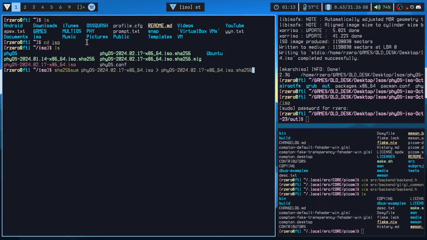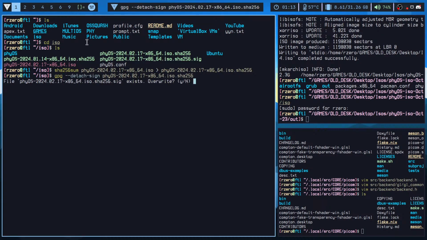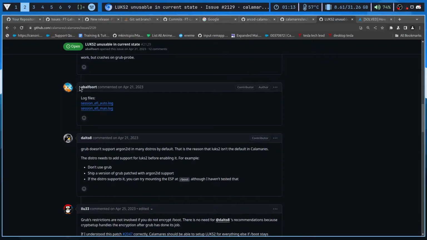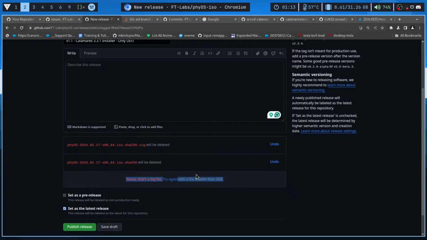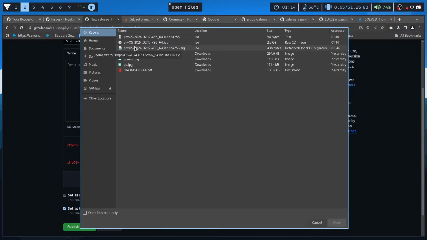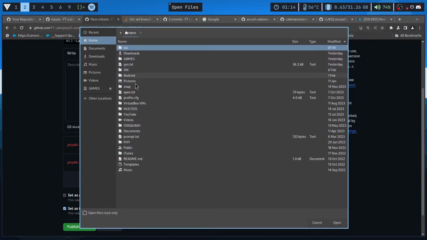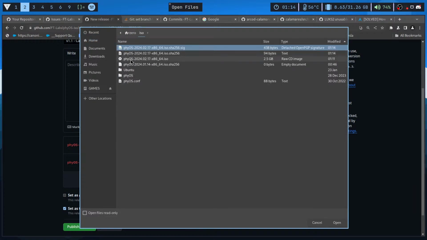So SHA thing and GPG export overwrite, yes. And now upload these files. So delete these. This file. Okay. ISO, where's ISO? Here. These 3